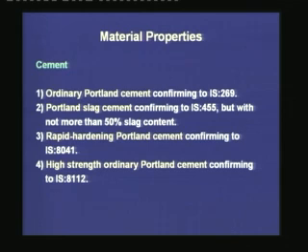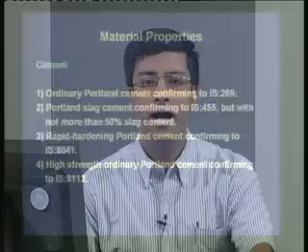The fourth type of cement which is allowed is the high strength ordinary Portland cement, conforming to IS 8112. This type of cement gains high strength, which gives higher strength concrete. Now the three constituents, the coarse aggregates, fine aggregates, cement, are mixed in a rotating drum, and then water is